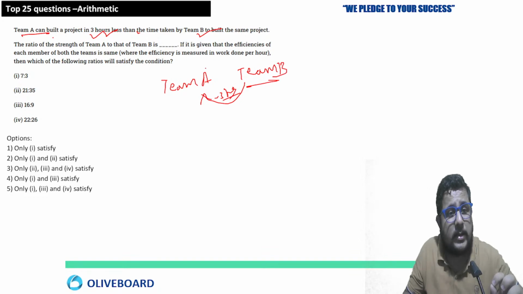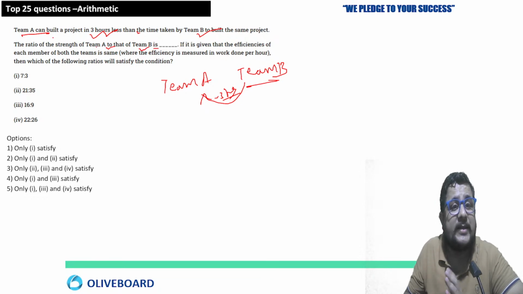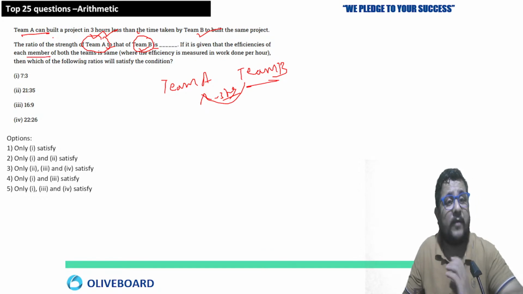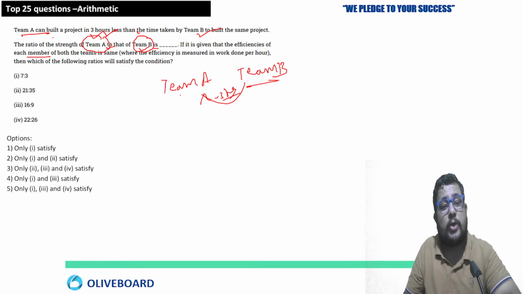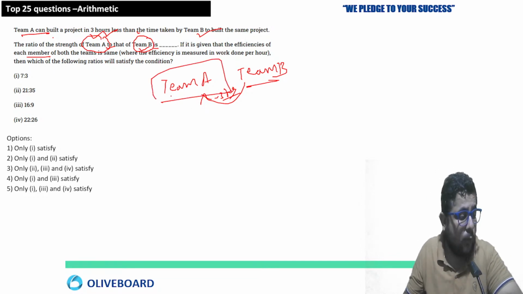This is what is given. The ratio of the strength of team A to team B is, means we have to find out their strength ratio. How many members are in team A and how many members in team B, the number of people in both teams. That ratio we need to calculate here. It is given that the efficiency of each member of both teams is the same, means if we talk about an individual person, in both teams,